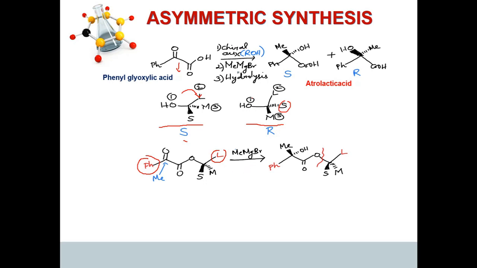Now the next step is addition of methyl magnesium bromide. My methyl group prefers to attack from the smaller side, from this direction. Attack from the other direction is not preferred because you have a larger group and a medium group. So here Cram's rule applies, and it prefers to attack from the small side. When I attack with my methyl group here, on this carbon, I end up with my methyl group pointing towards me because the attack has taken place from my direction, and my OH group, that is my oxygen, will be pushed to the other side, so my OH group moves away.